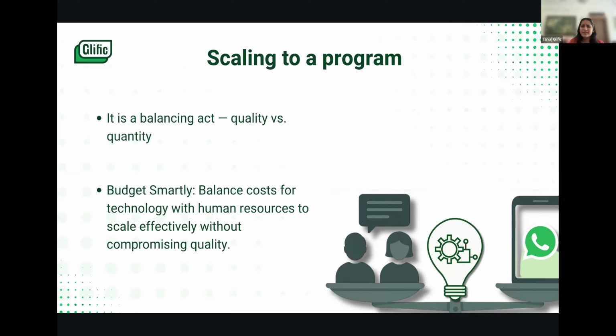And the second thing is budgeting, right? Because running a chatbot is essentially going to majorly involve two things. One is your cost, some of which will be fixed, because the product is technical. And the second thing is the people who are going to be actually executing this, right? Both of them are something you need to look at hand in hand when you're looking at scaling the chatbot.